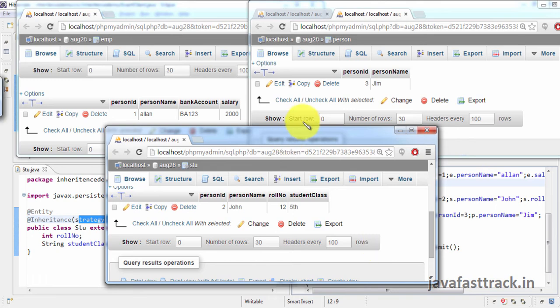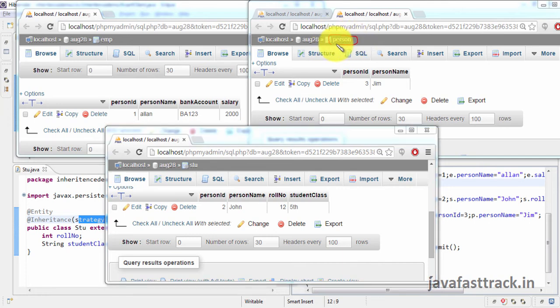Now you can see that data has been inserted into the three tables. When I try to store a person object, data has been inserted into the person table. When I try to store a student object, data has been inserted into the student table. The student table also has the same columns: person ID, person name, and student related fields, roll number and student class.